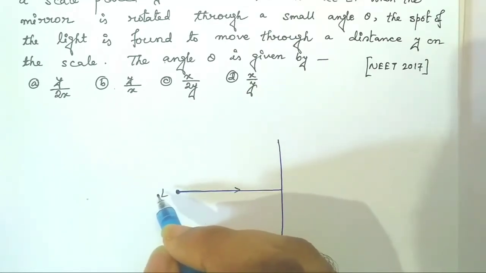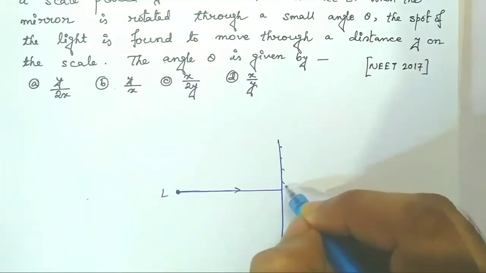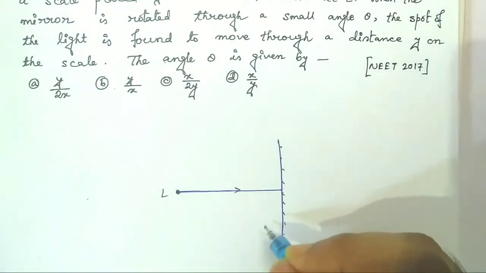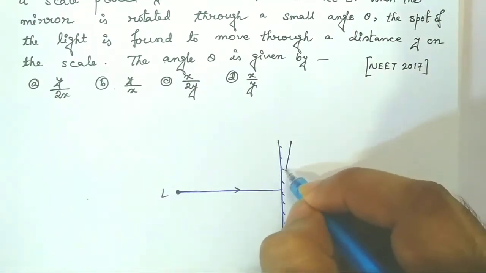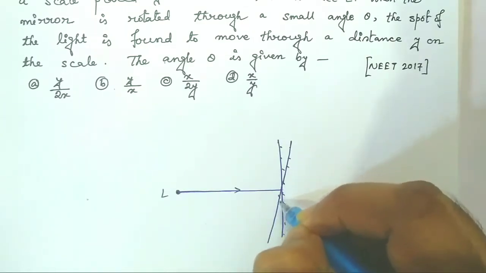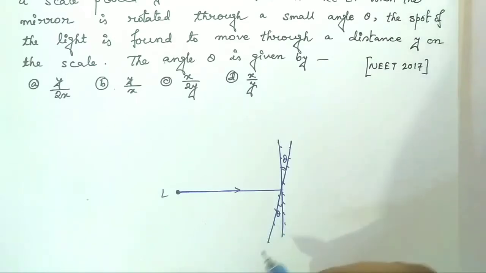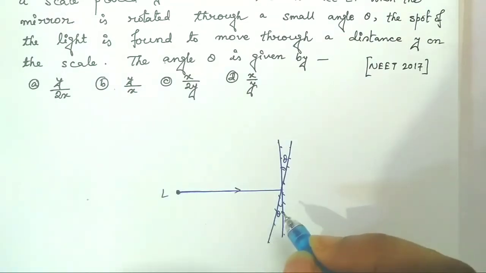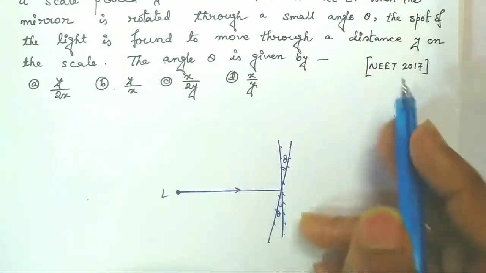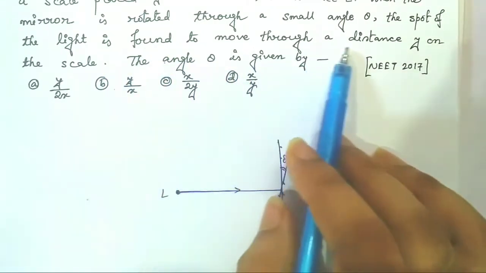When the mirror is rotated through a small angle of theta, this is my mirror. If in any process this mirror is rotated by a small angle of theta, that is this angle is theta and this angle also should be theta, then the spot of light is found to move through a distance y